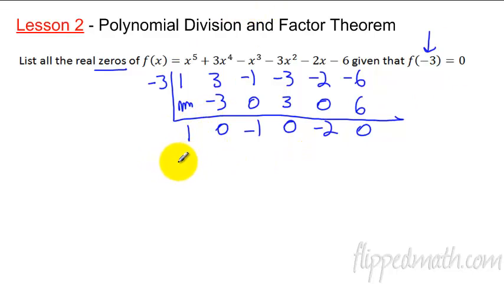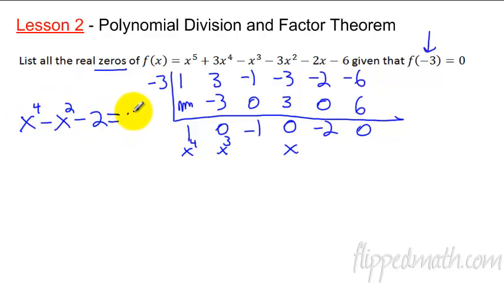So now we have, let's write this out, x to the, that used to be to the 5th, so now it's x to the 4th. And then, so this is x to the 4th, this is x cubed, x squared, and so forth. So there's no x cubed term, but we do have an x squared term. There's no x term, but there is a constant, minus 2. So now we're going to find out when will this thing equal 0. So we factor it,